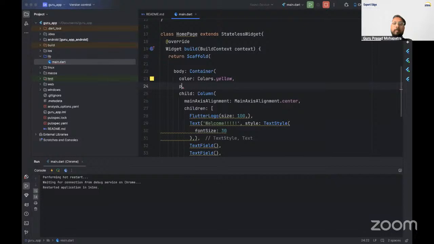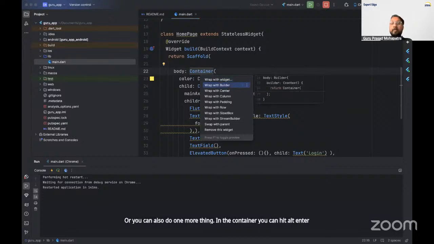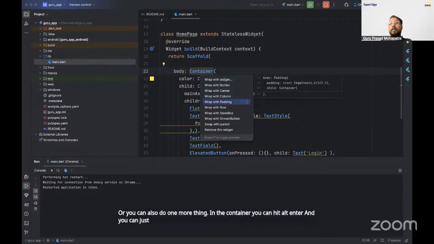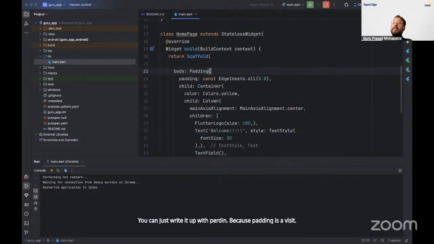Or you can also do one more thing. In the container, you can hit Alt Enter and there's an option called wrap with padding. You can just choose wrap with padding because padding is a widget. Everything is a widget.